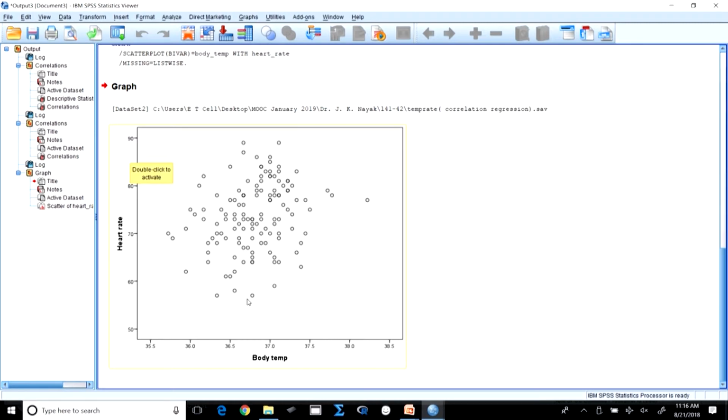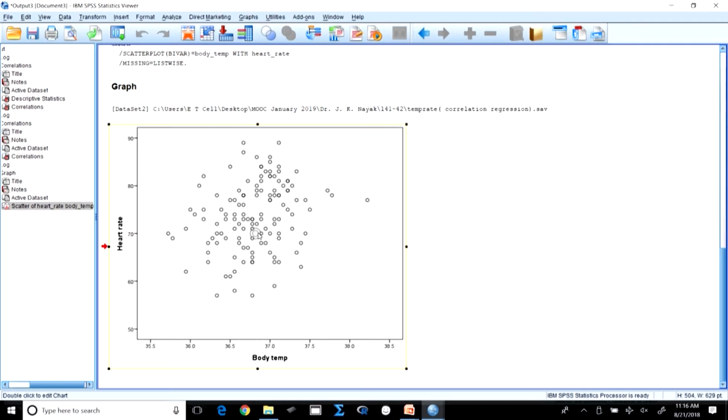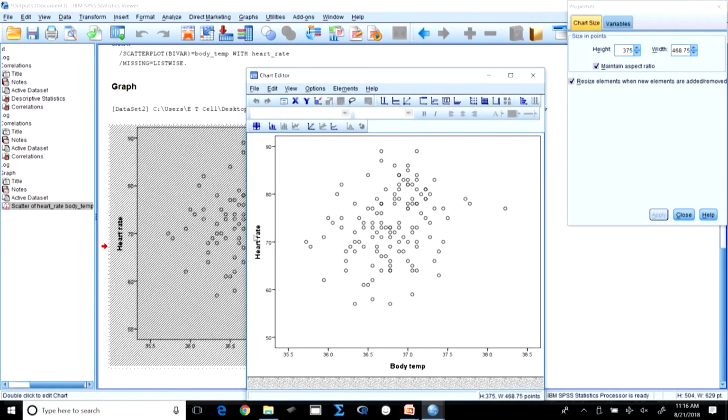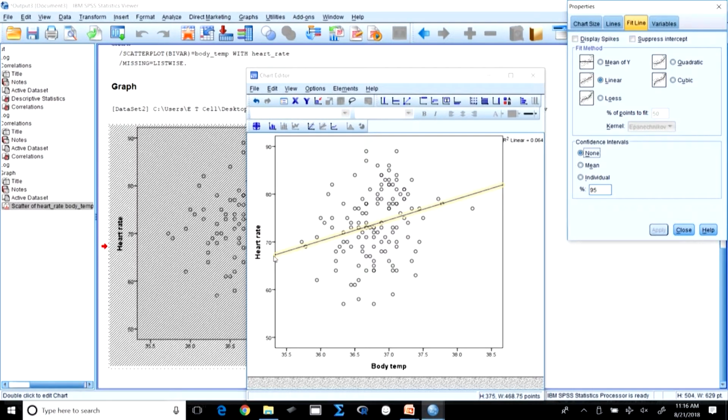If you look at this data, you may be able to understand, but to make it clearer, let us do one thing: double click on this. Now, if I double click, I will go to this fit, there is a total fit, right. When I do this, it draws a line which helps me understand the distribution of the data around this line.